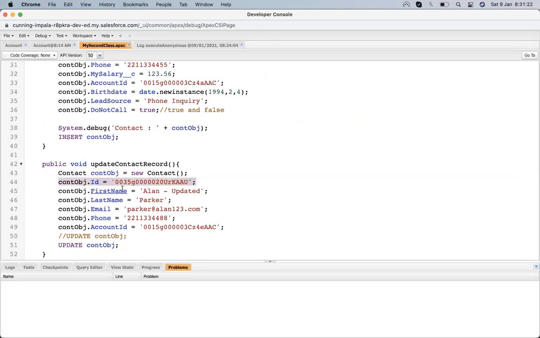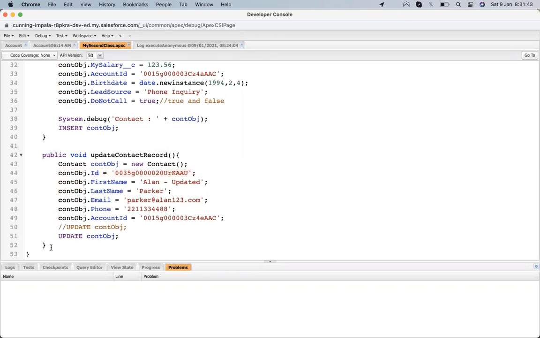So it will look for the updating of the record, and if it is not found, then it will do the insert. Let me show you how it works.